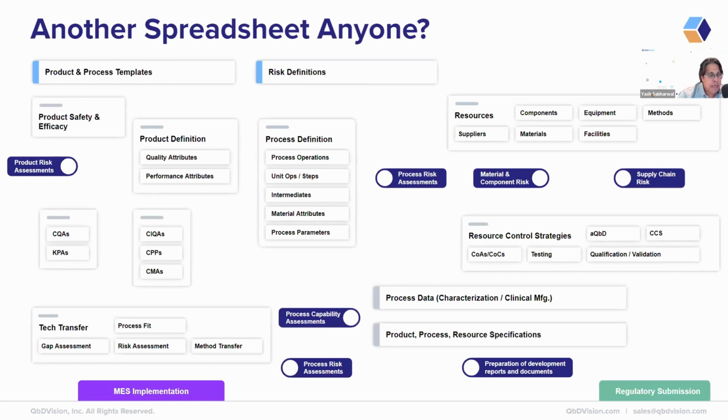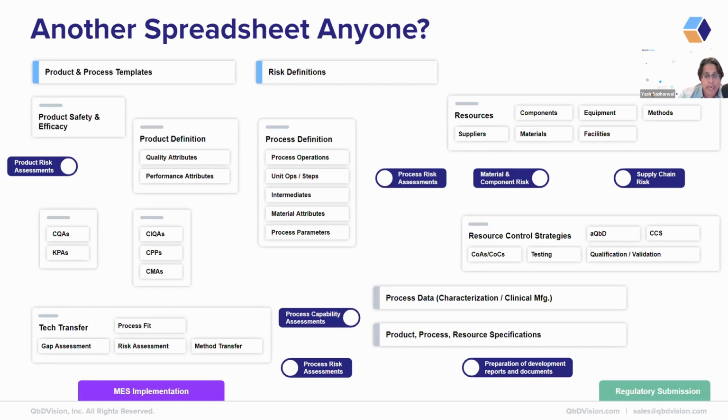So we put this slide together because one of the things that's often not clear to folks is just the breadth and depth of information that comprises the CMC universe. So people are often working in their individual areas. Maybe they're responsible for materials and material qualification, or they're responsible for doing risk assessments. But ultimately, there is a whole host, a very broad universe of information that's required that comprises your whole CMC